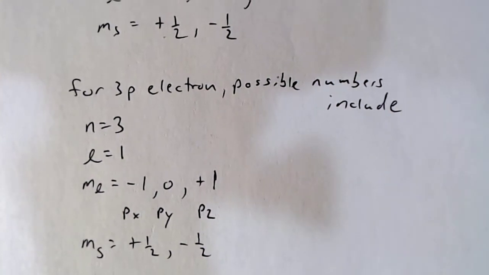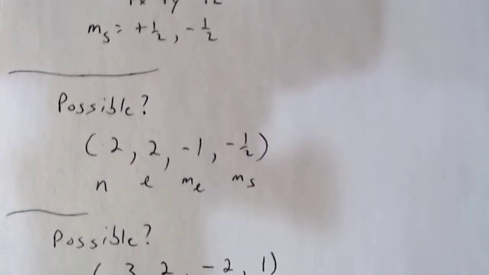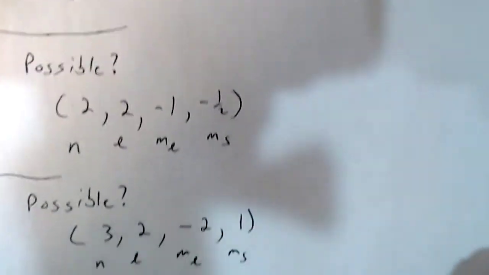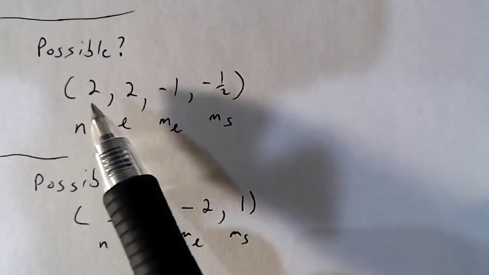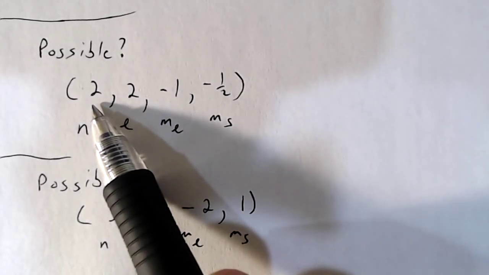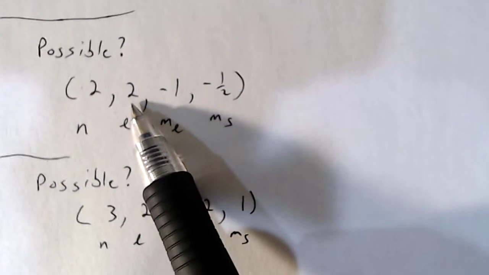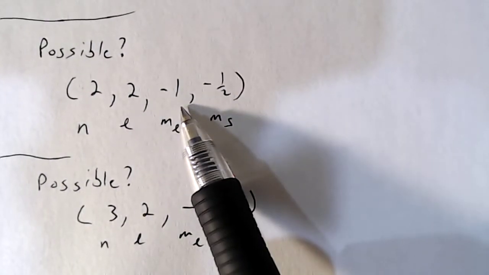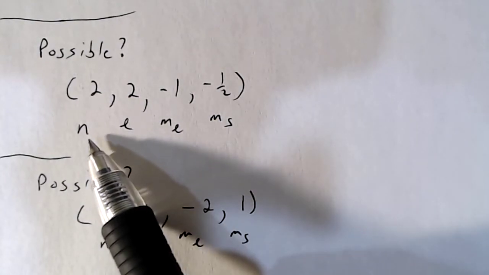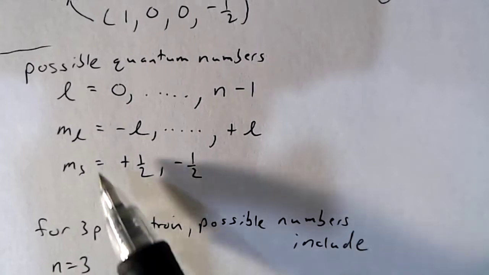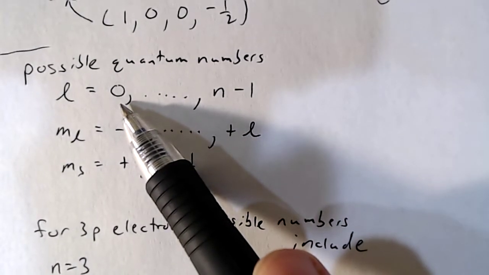Okay. Then you might be asked, are these series of quantum numbers possible? So let's say that n were equal to 2. Could L be equal to 2 and then ML be equal to negative 1 and MS be equal to negative half? All right, so if n is equal to 2, then the only possible values for L are between 0